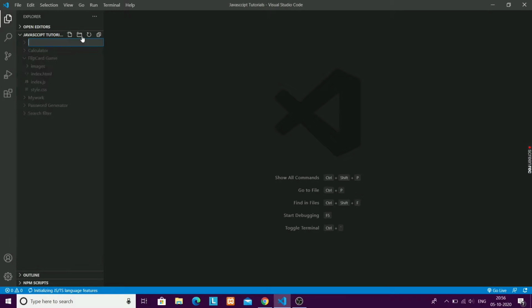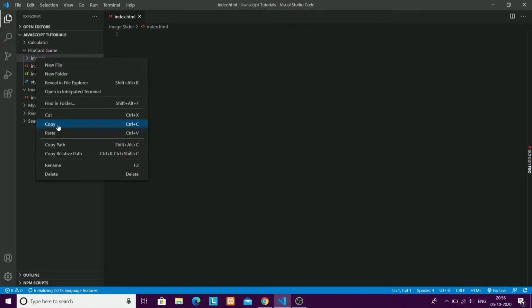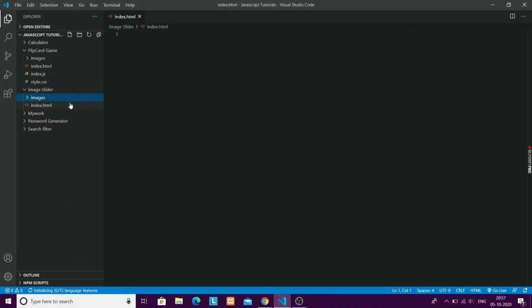I will make a folder named index image slider. You can name it anything you want. I will make a file index.html in it, and I will copy some of the images from that Flipkart game that I made previously, copying its folder into mine. Then I will make a style sheet, style.css,